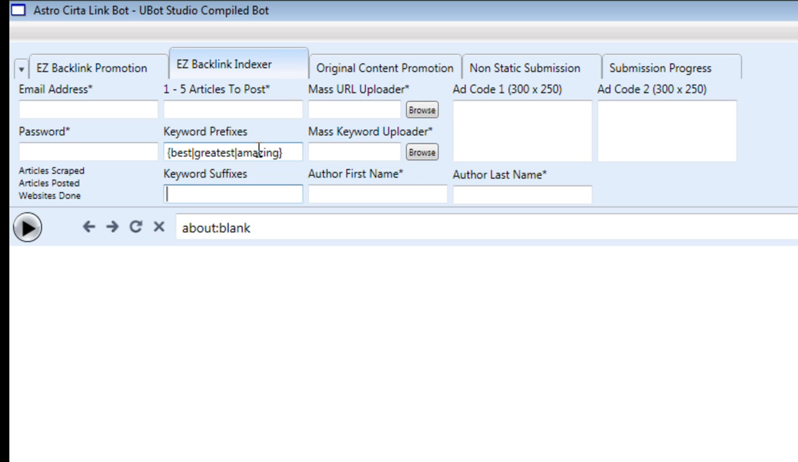The same thing applies for the keyword suffixes. You can use facts, information, data. So basically, once all your URLs are being linked to your anchor text, it'll say best dog food information. Then maybe the next one will say greatest dog food data. And so you will have a huge variety of keywords and anchor text, thus helping you with the Google Panda update,